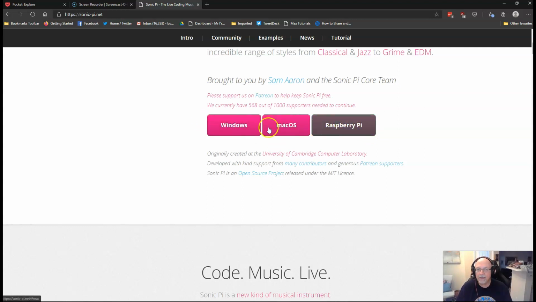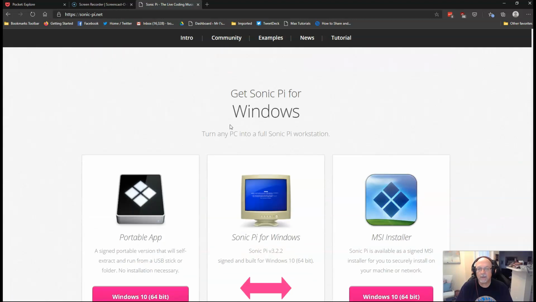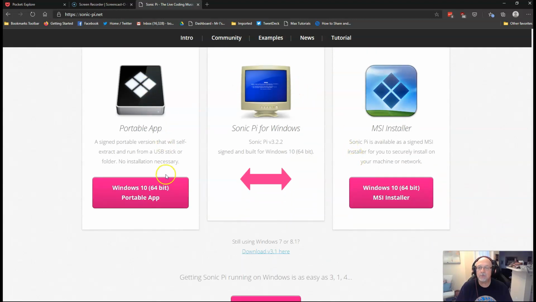I've used it on the Pi. You know, it struggles a little bit, and it's not as updated as frequently, so I would really recommend Mac or Windows. So we're going to go with Windows because that's what I've got here. So you're just going to click on this, and it goes all the way down here. So you get your choice of either a portable app or just an installer. We're going to go just for the installer,